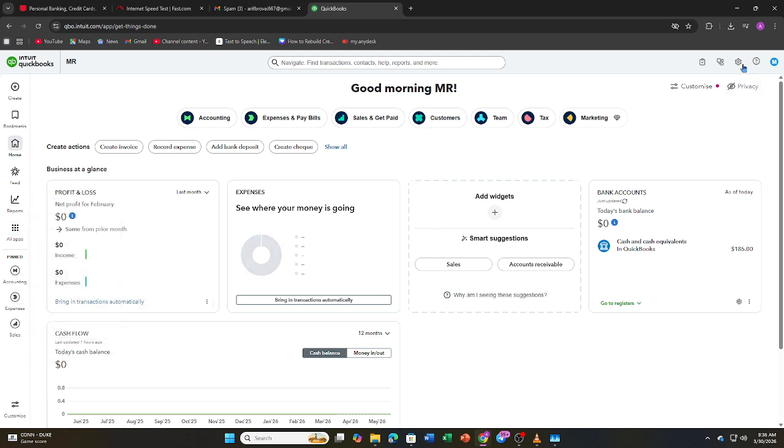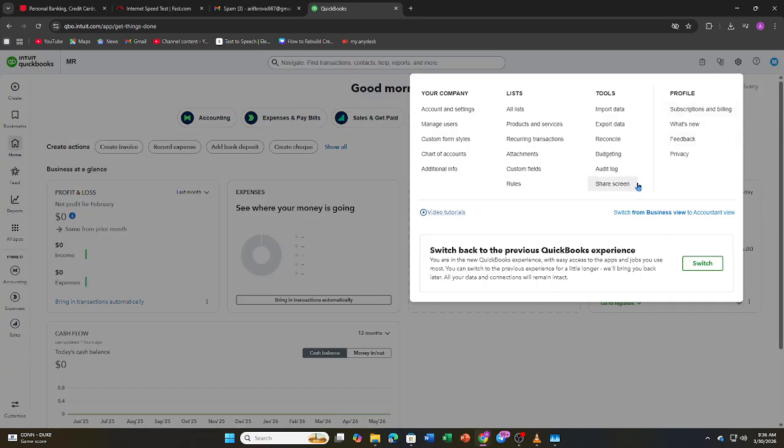Most of the time, these steps will allow your company file to open properly and get you back to work